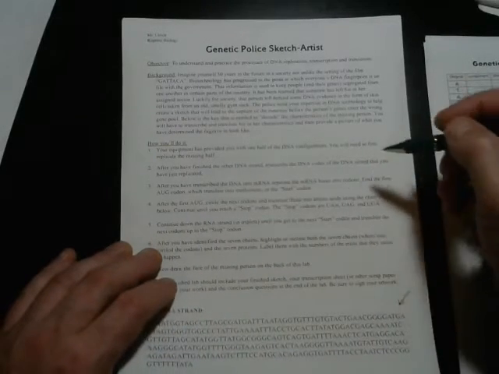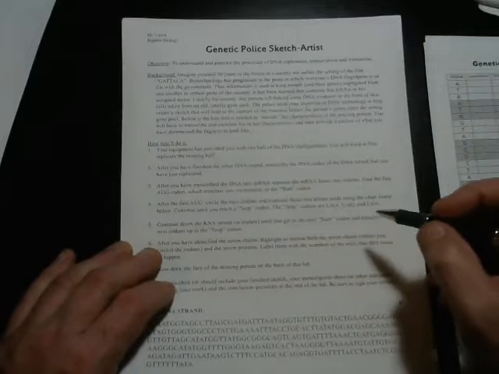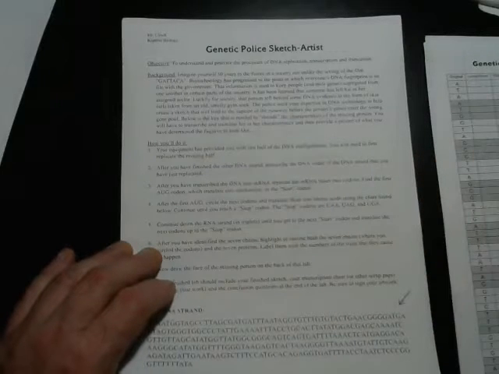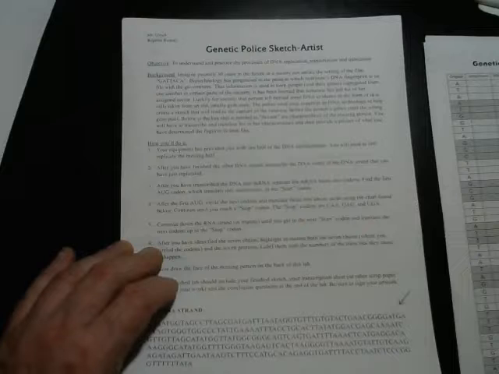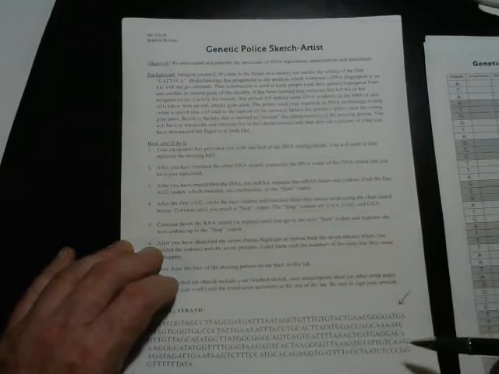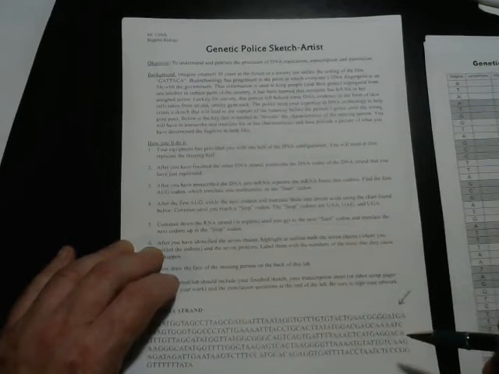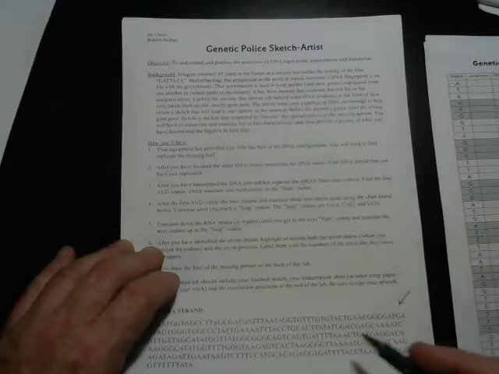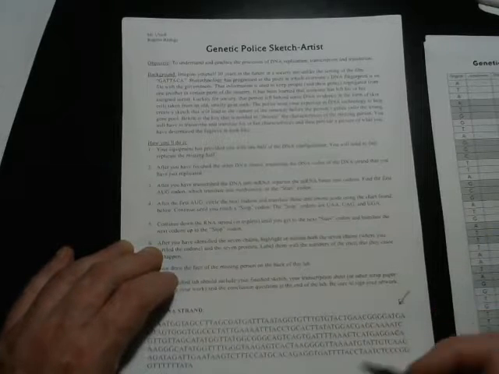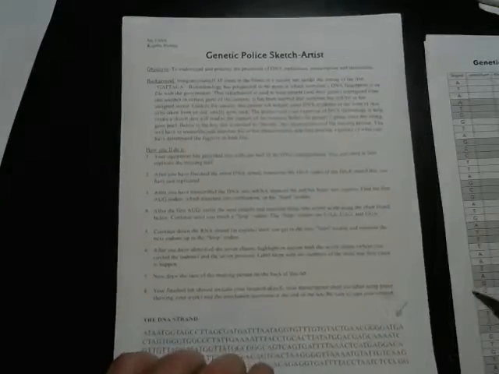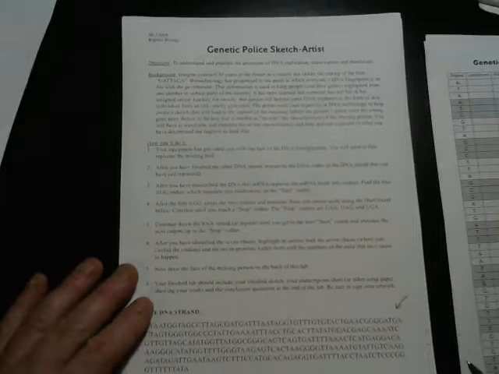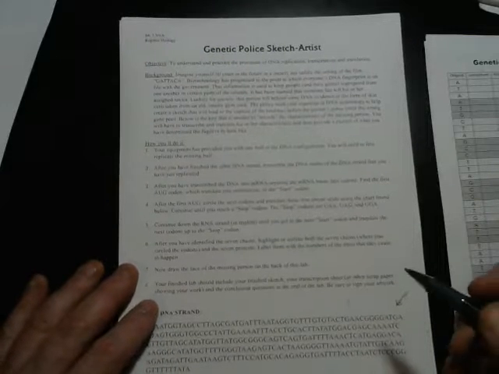Anyway, in the instructions here, they give you all the pertinent information. What we're trying to do is identify those sections of this DNA strand that actually code for amino acid sequences that impart traits. And here they are, here are the amino acid sequences, and they code for particular traits. And from these traits, we're going to get a picture of the person who left the smelly gym sock. So we have to be able to find them. All right, now